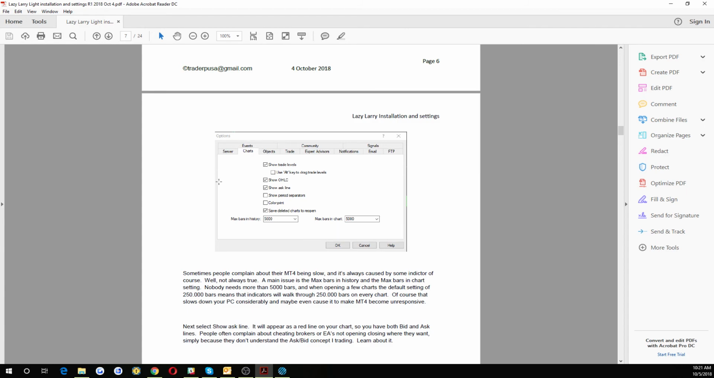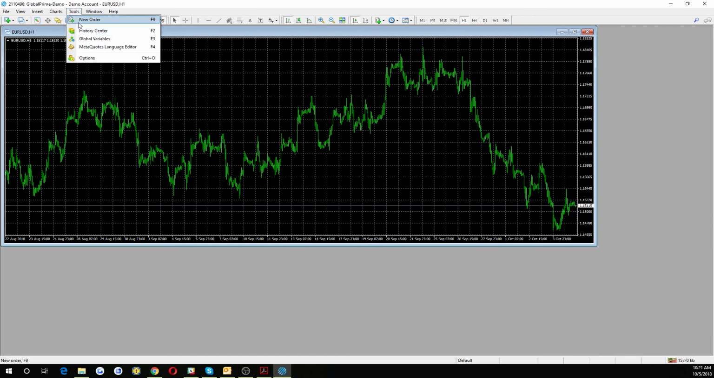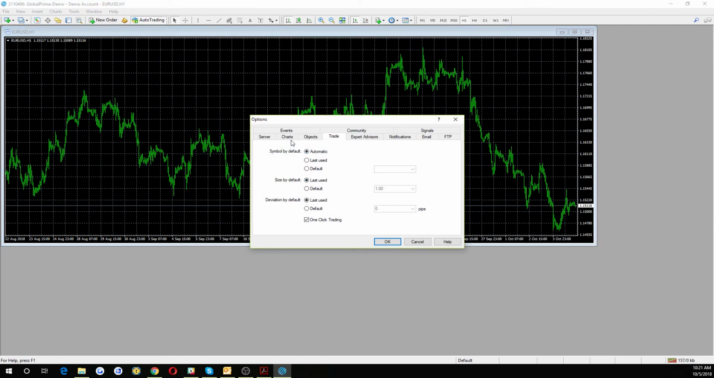Here we go to charts. So this relates to the number of bars, options, charts. Show trade levels, open, high, low, close, and then max bars in history. So I believe nowadays it used to be 64,000. Nowadays it's up to 264,000 bars in history, which is something I always wanted because I wanted to correlate the